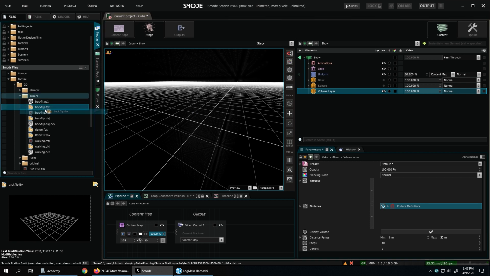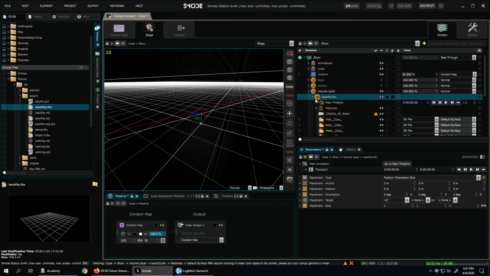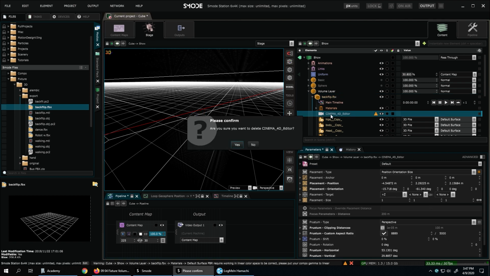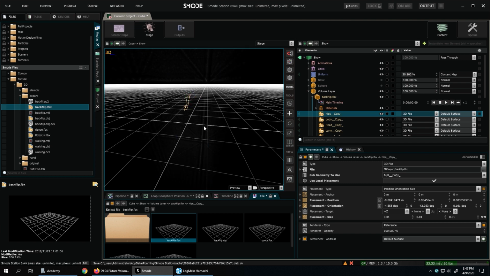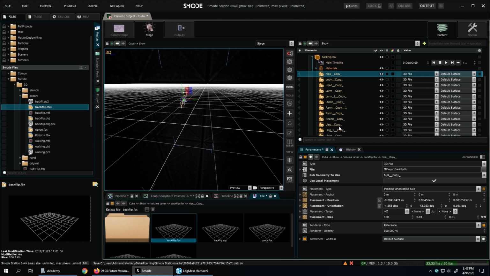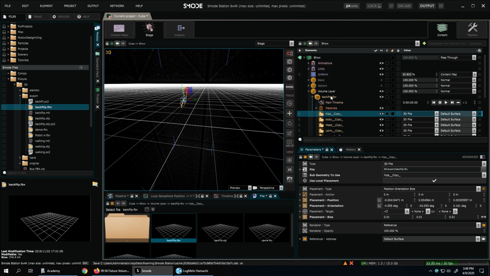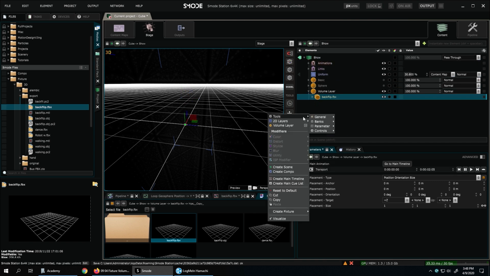So this is an SBX file exported from Blender, which I made some modification inside Blender, and I will explain it just after, which will help you understand better. So now I have, oh no, it was Schema 4D. It was different techniques. I have my SBX file inside the volume layer.